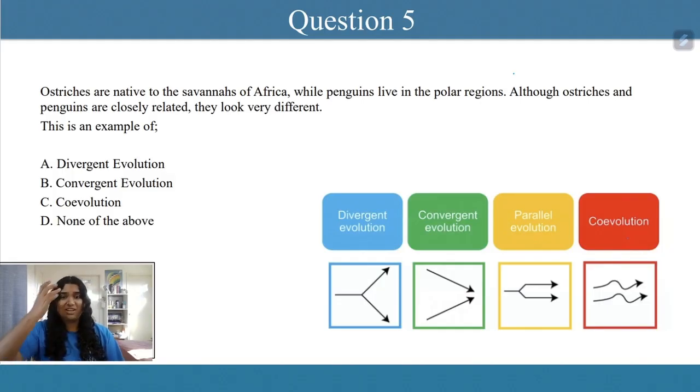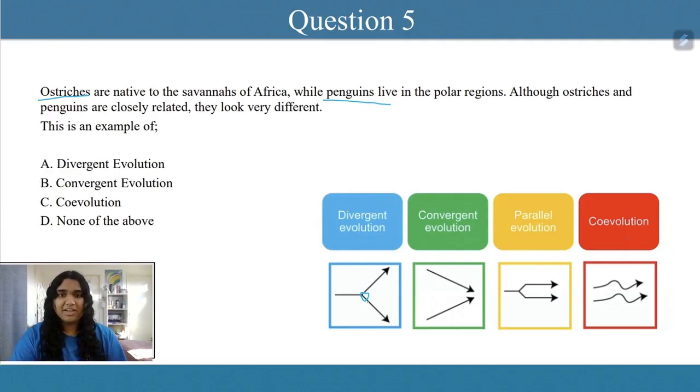Again, same four diversification patterns, but this time I've got ostriches and penguins, which are two kinds of birds. They came from that one bird common ancestor. I was trying to find the group name for it, like how feline and canine are the group names for cats and dogs. I can't remember the one. Aviary common ancestor. There we go.